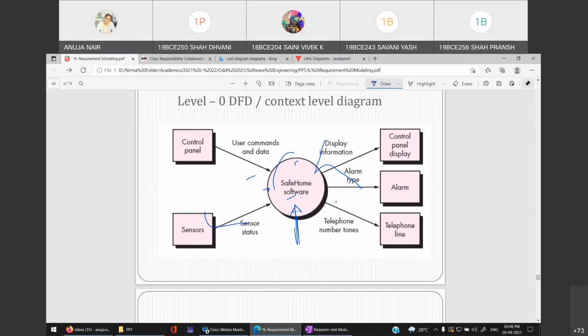So display information is given to control panel display, alarm type is given to the alarm entity, external entity, and telephone line is one more external entity, so telephone number tones are given to it, right? I'll just search some of this context level diagram online. Just a minute so that I can show you the diagram.